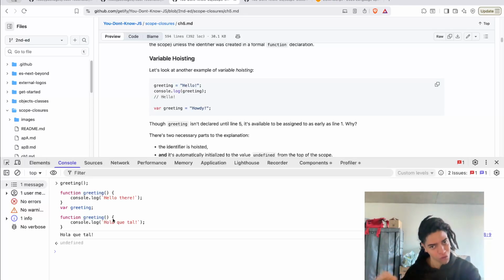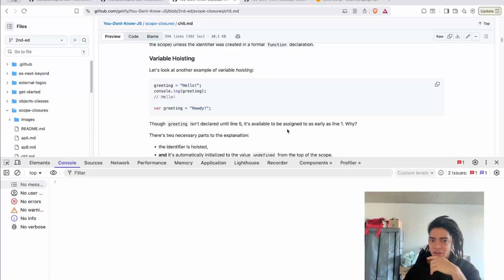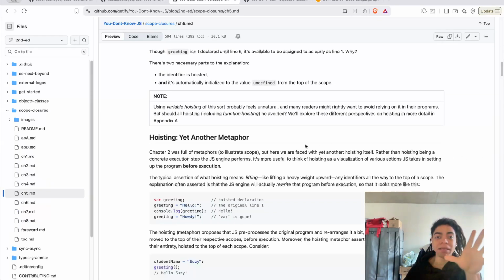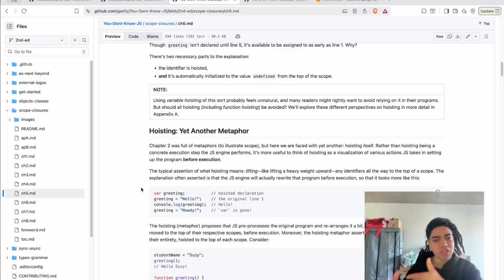So internally, JavaScript is holding this particular stack for variables declaration, and that makes a lot of sense. And how do you deal with function declarations and function expressions?